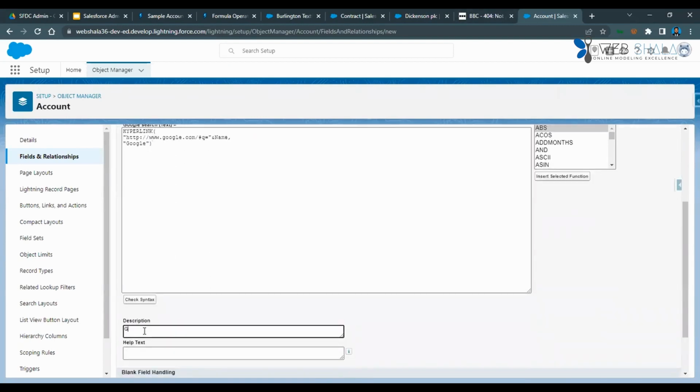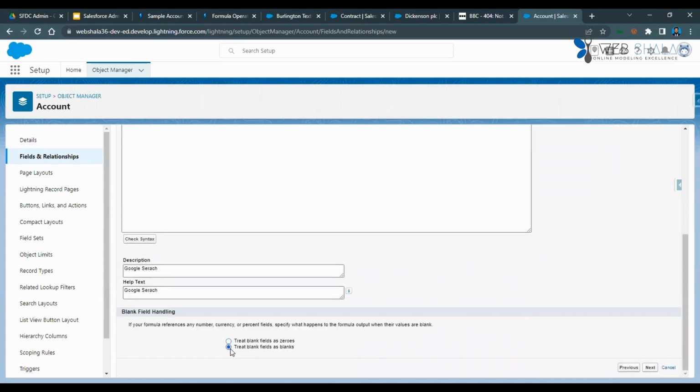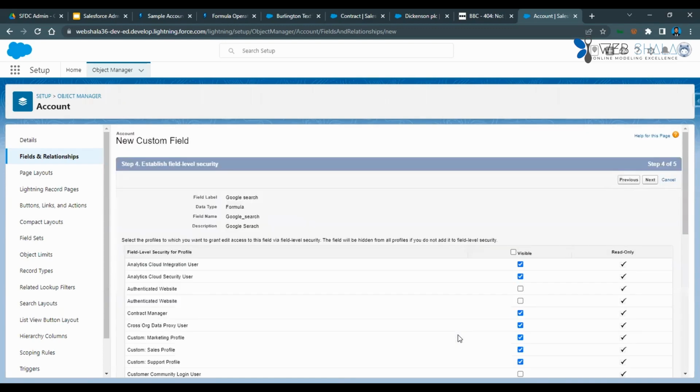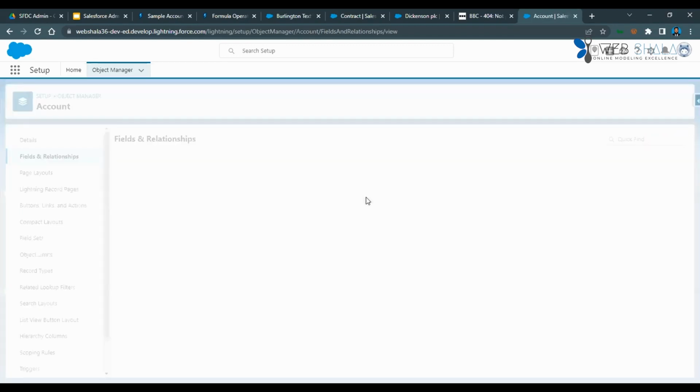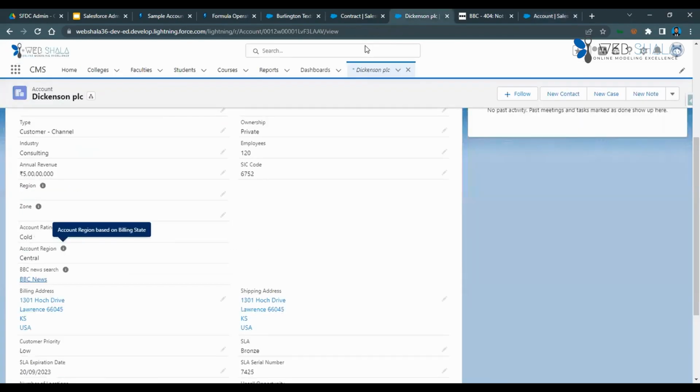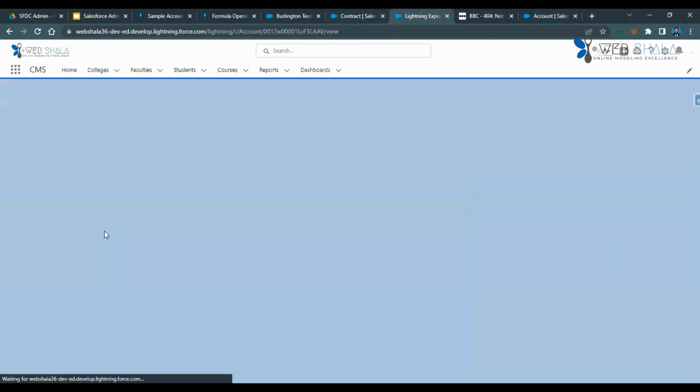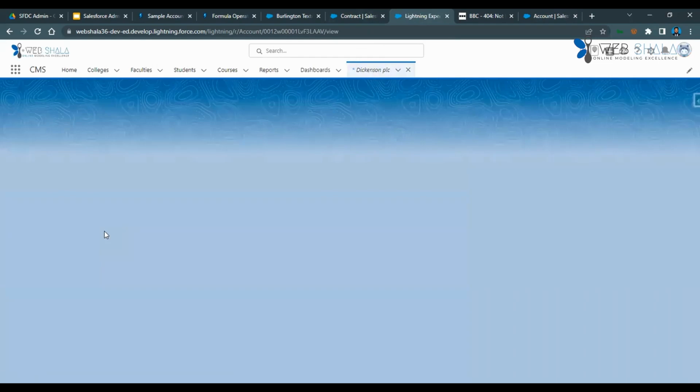So I'll say Google search. No issue, it's not mandatory to add any permission. I'll make it blank. Just click on next, next. This is just to understand the concept. So I'll go back and refresh. Once I refresh,